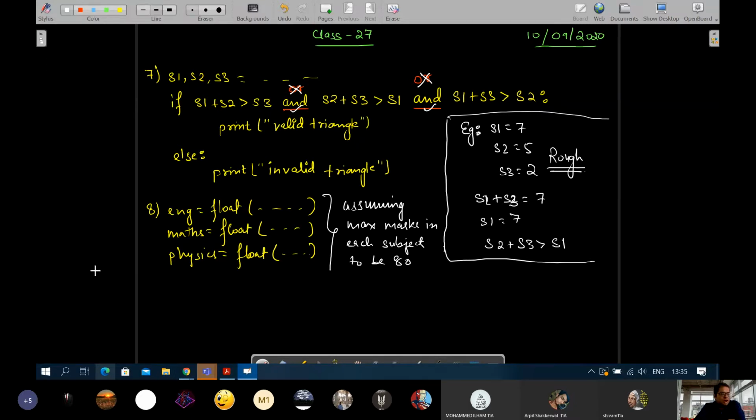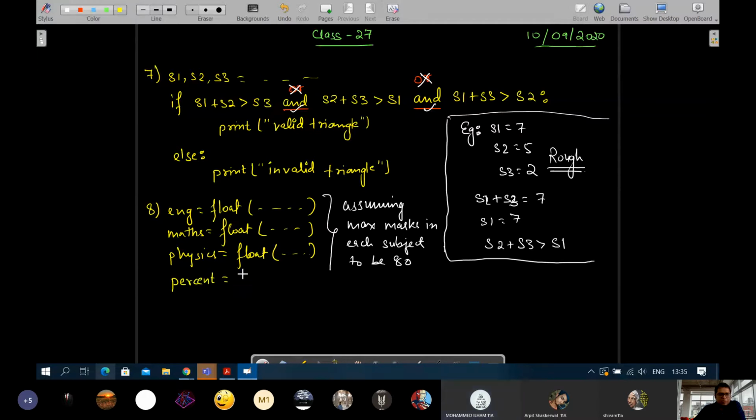Okay. How will you find the percentage? Sum of all the marks by 80 into 100. Marks of one subject divided by the total subject into 100.